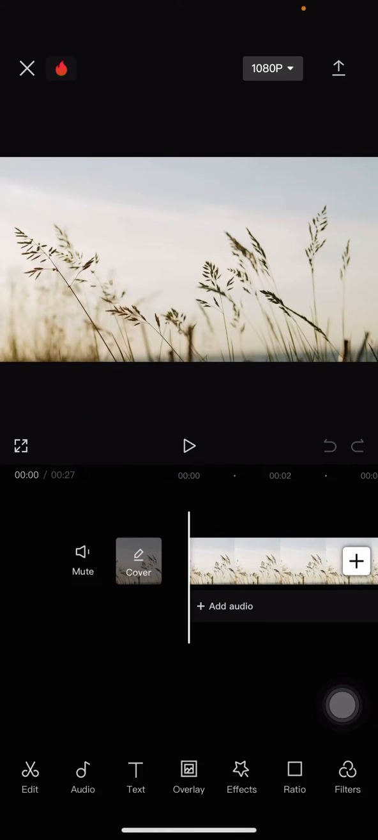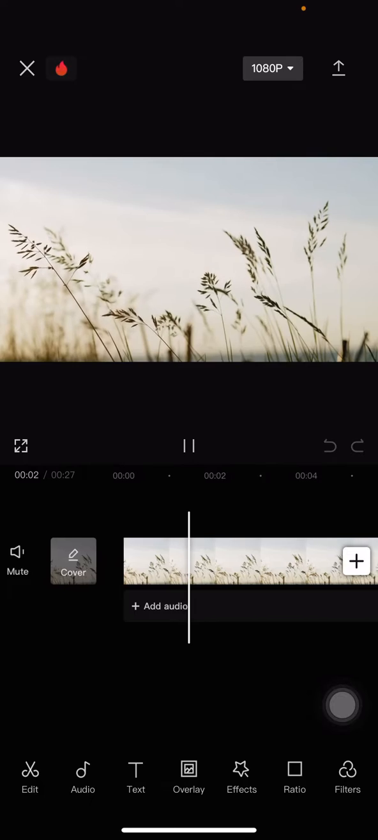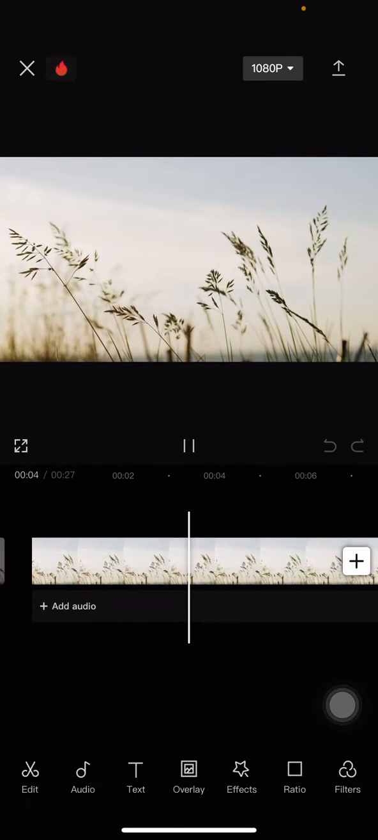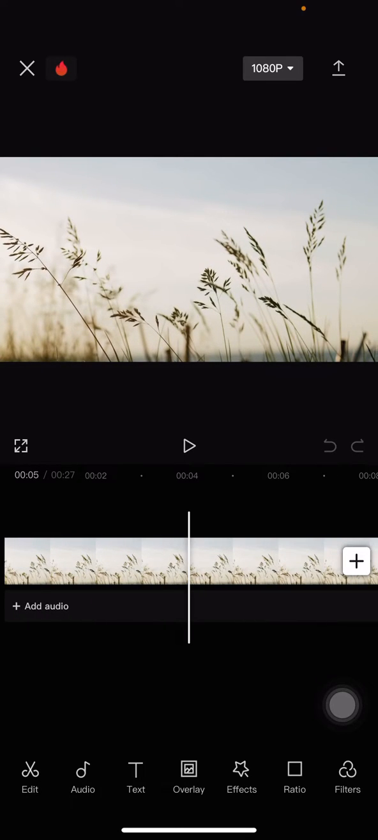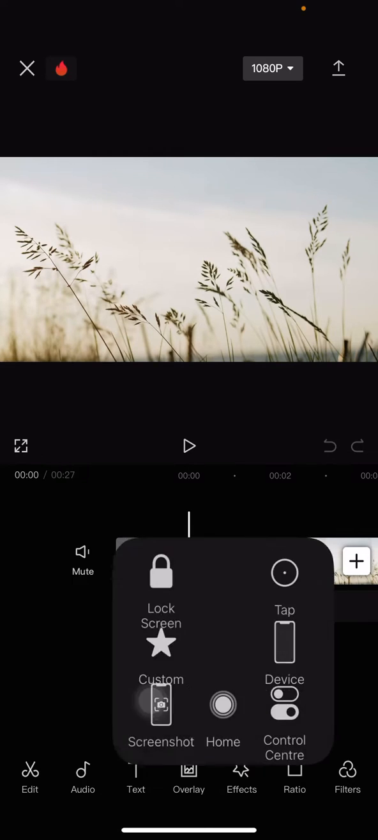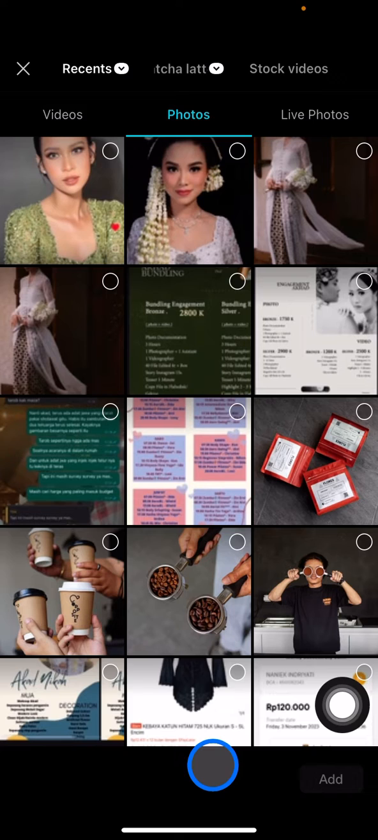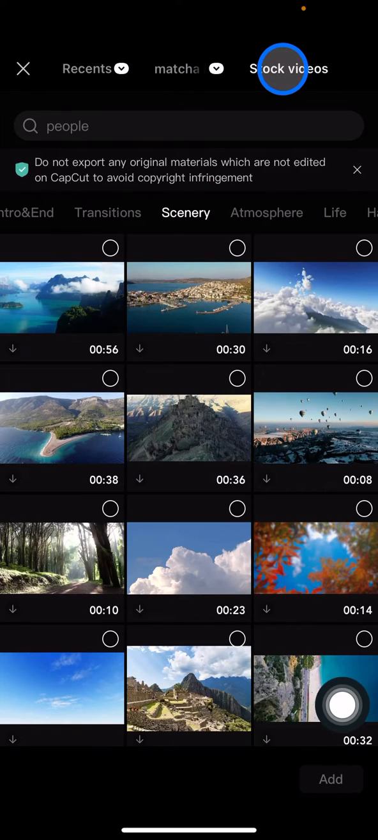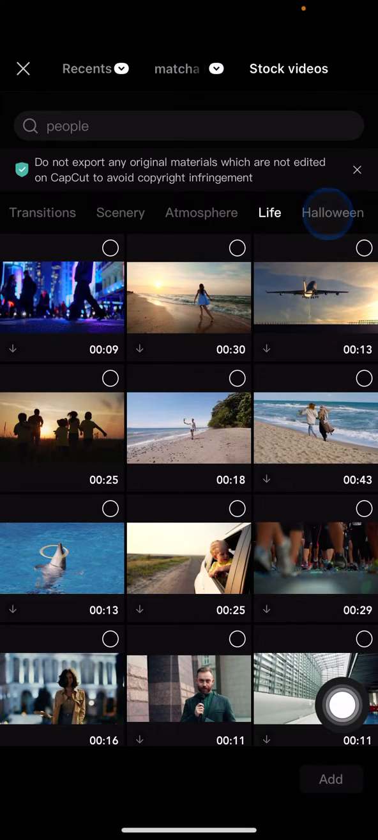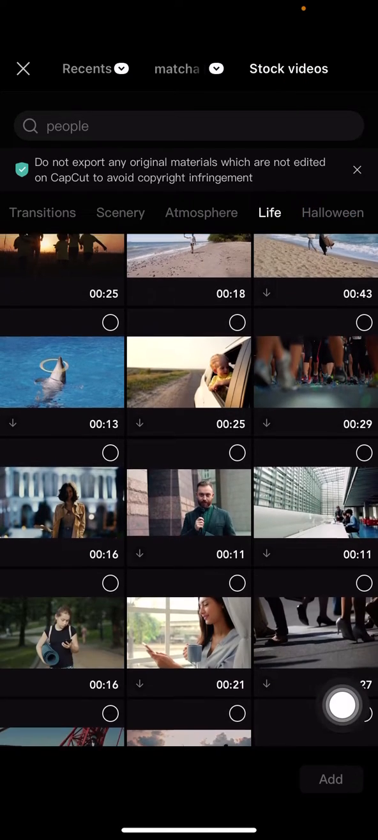This is a primary video, so I would like to use this as my background, and I will show you how to add an object on it. So you just need to click Overlay. In this overlay, you just need to click Add overlay, and go into the videos or photos that you want to add to your project. But today I would like to go with the stock videos, and I would like to go with the live. And here I would like to choose